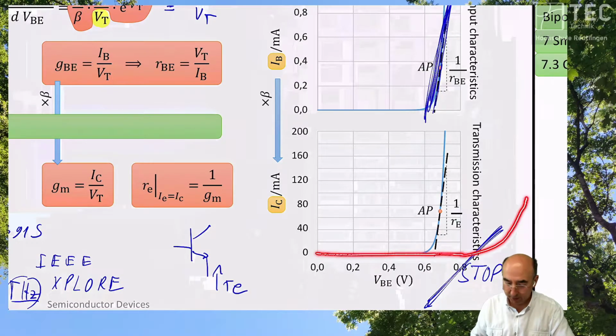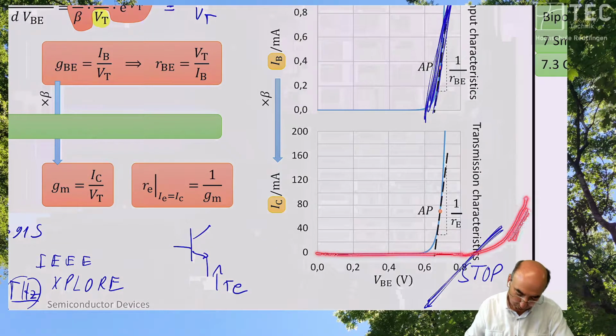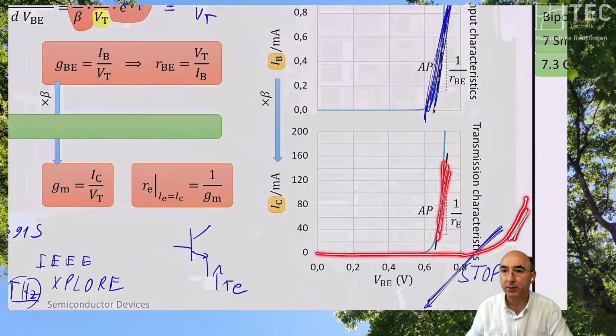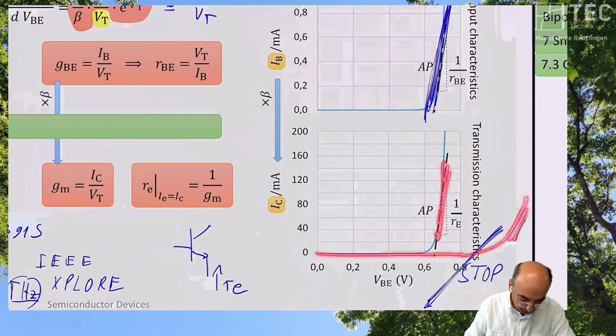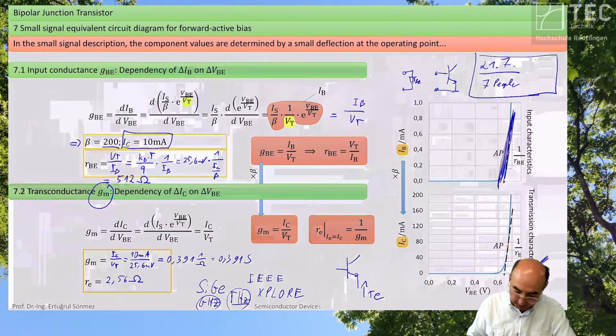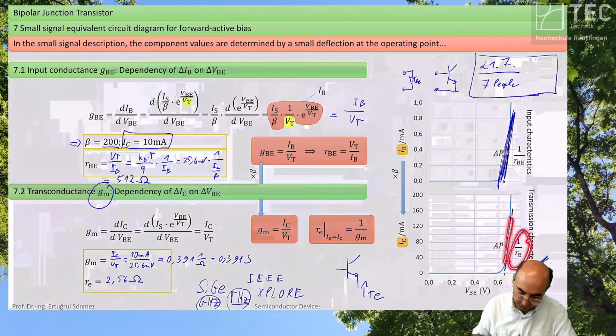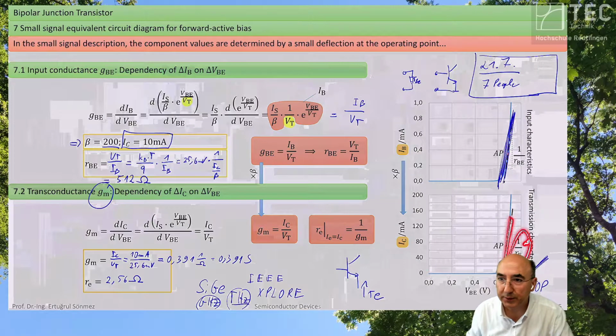Its increase, so its slope is far less than the slope for an exponential curve. To be clear here, and if we interpret this slope as a resistance, as an emitter resistance,